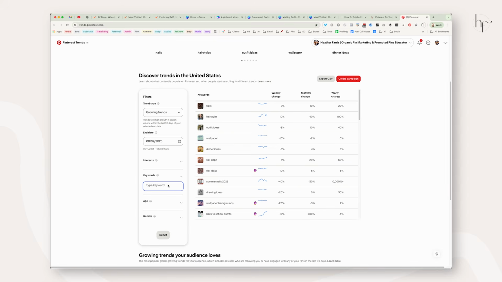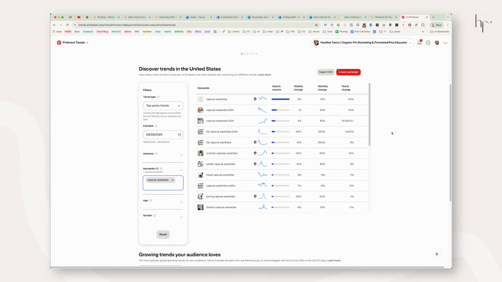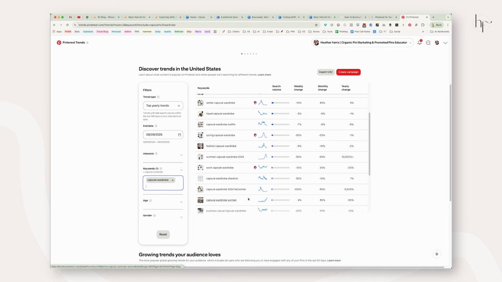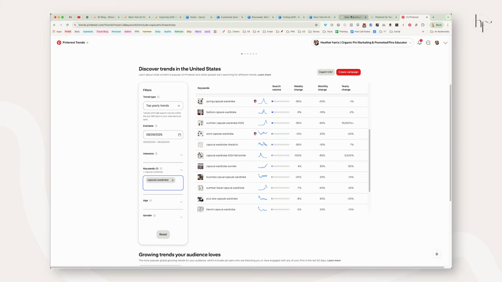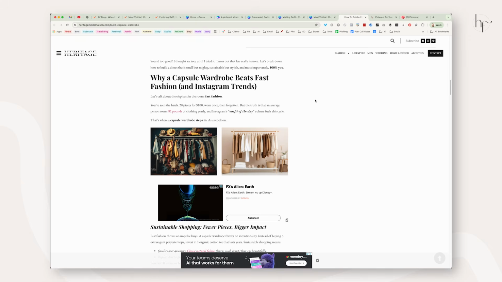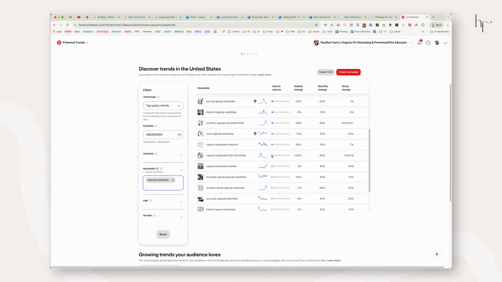So if we were to do the capsule wardrobe one, I can take all of these keywords and I can cross-reference them to the actual blog post, and each of these keywords then become a Pinterest pin that points to this blog post. As long as you have content in here that fits. Don't use keywords in this list that don't actually fit what's on the landing page, because that goes against the relevance, and Pinterest doesn't really like that. You definitely want to stay relevant and you want to stay on topic. But if your topic covers 3 different major ideas, then break those out and make each of those a Pinterest